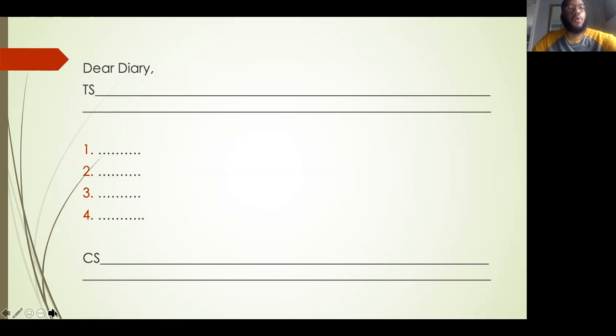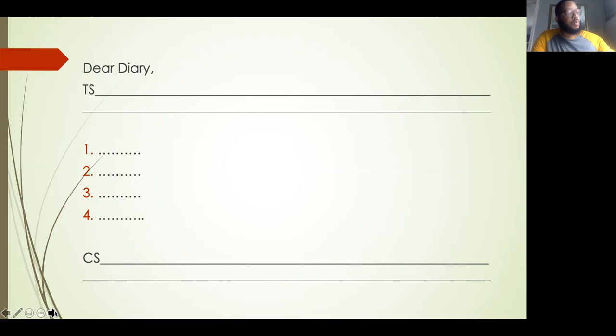All right, so for our planning, we will need to use a single paragraph outline. As you see, there's also a couple of things that have been added to this outline, and that is the greeting of the letter. Because this is a diary entry, we have to start it out with a greeting, like a letter. So we are going to add to the top of our outline, Dear Diary. So make sure you add that to your outline.